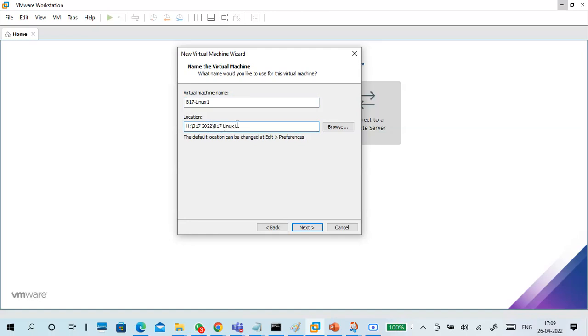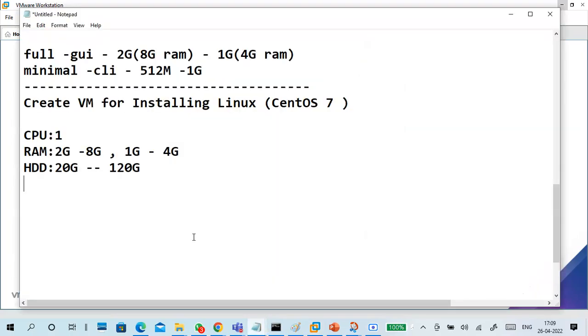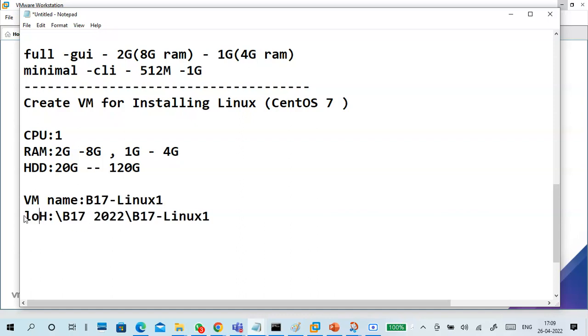So put a slash here, like this. For you, this will be changed. This is my virtual machine name, this is my location.